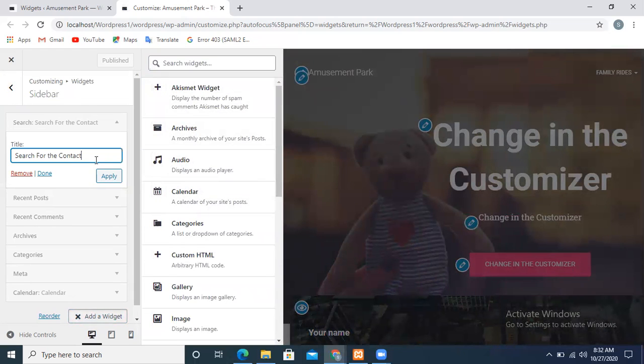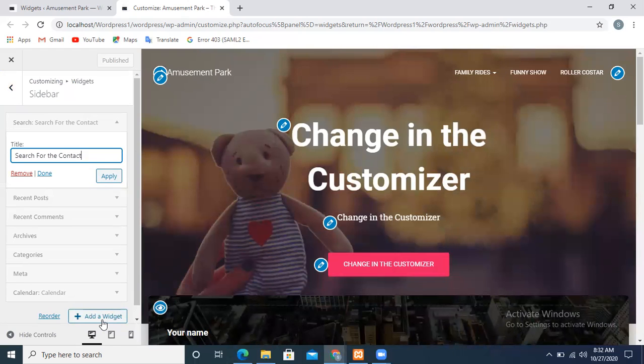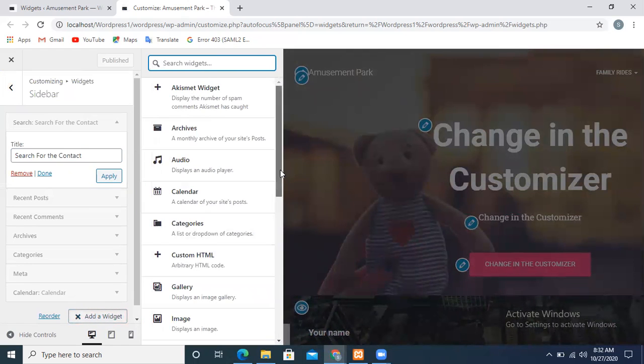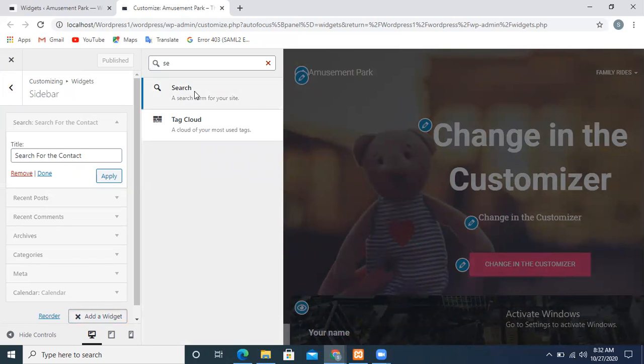Add a widget to the sidebar, such as the search tab.